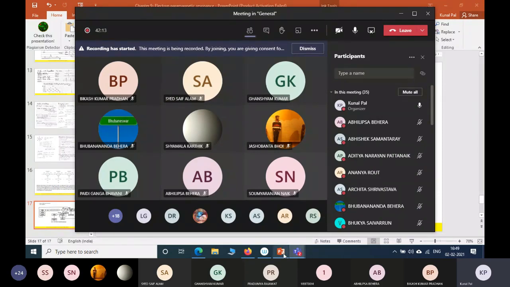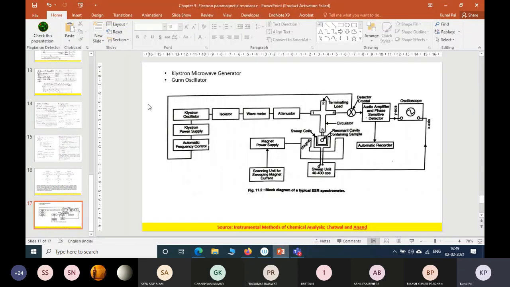There is nothing here. If you look into the spectrometer, there is no photon involved. We are only talking about the splitting due to changes in the magnetic coupling between the electrons and the protons, both in NMR and ESR. In ESR, we are basically working with the electrons, and in NMR, we are basically working with the protons.